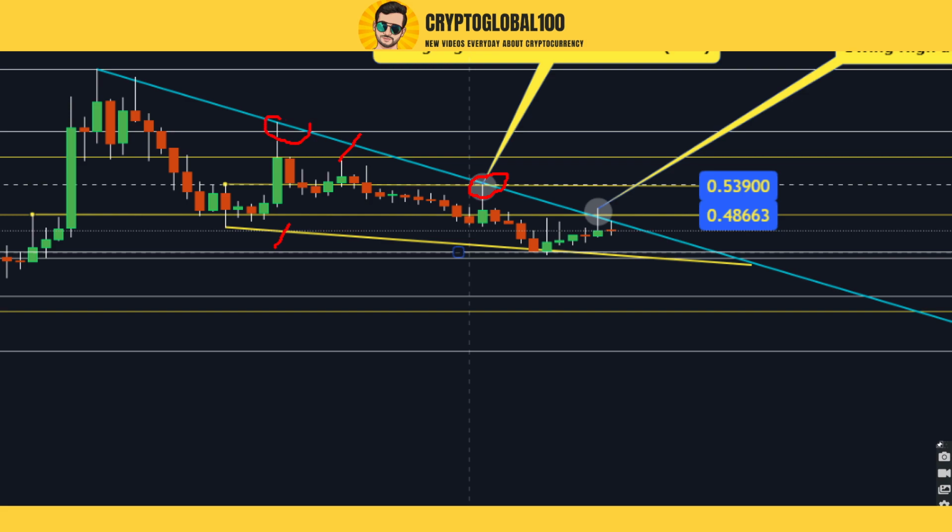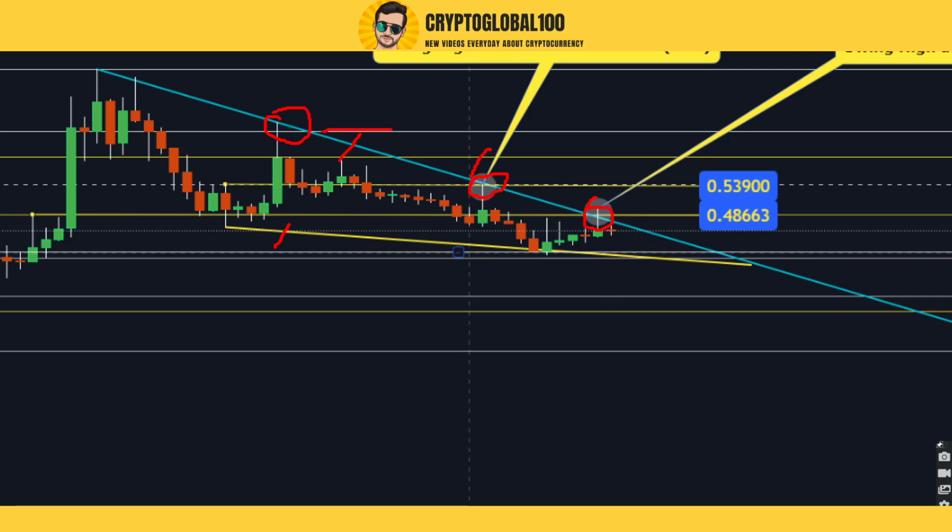This was also the point of confluence where we saw two lines converge. Here we saw the trend line as well as the resistance tested. This was a 99% perfect line where you can see the trend line as well as the horizontal resistance got tested, and we saw a breakout. Again here, horizontal resistance tested, and we saw a perfect